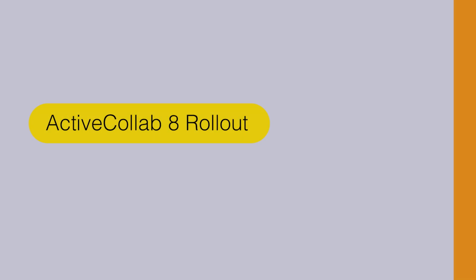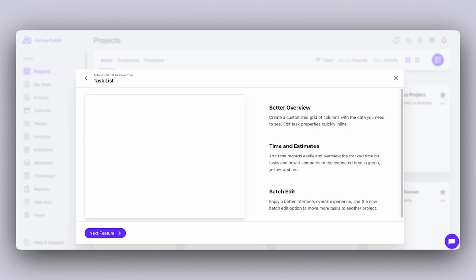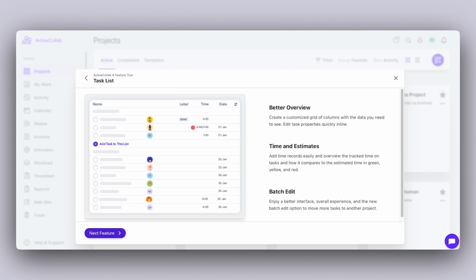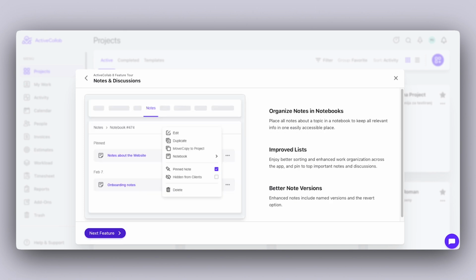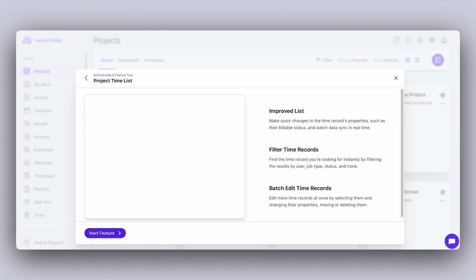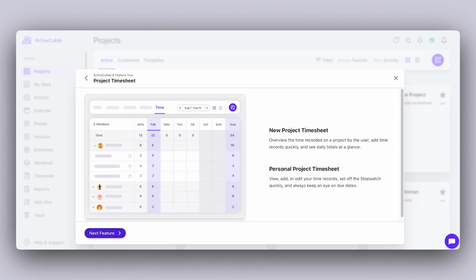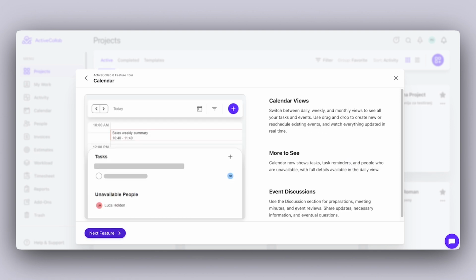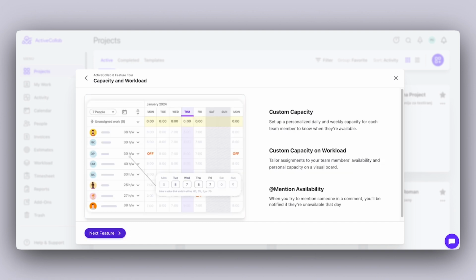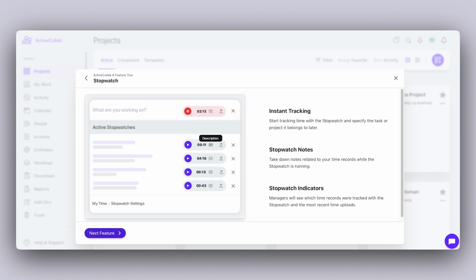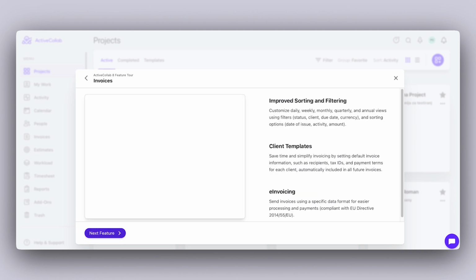ActiveCollab 8 Rollout. From now on, those of you using ActiveCollab in English will enjoy version 8 only. This means over 100 new and improved features will be fully integrated into your workspace, with no interruptions to your workflows whatsoever. To make ActiveCollab 8 available to a greater number of our users, we're employing large language models that help ensure accurate translation. This is currently available to our early access program users, before it's verified and out to